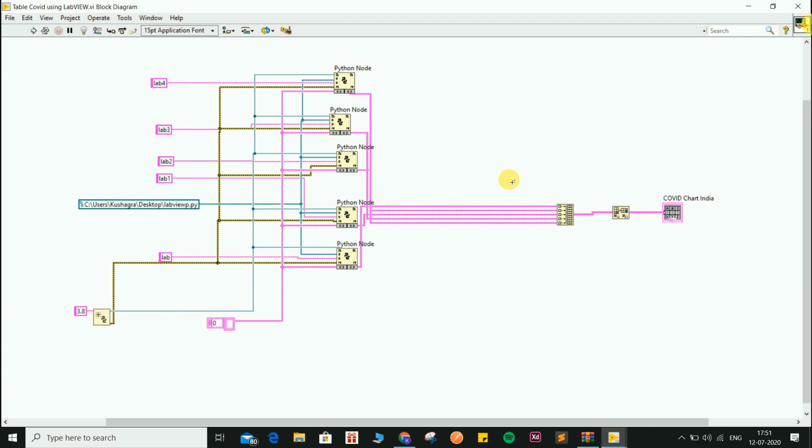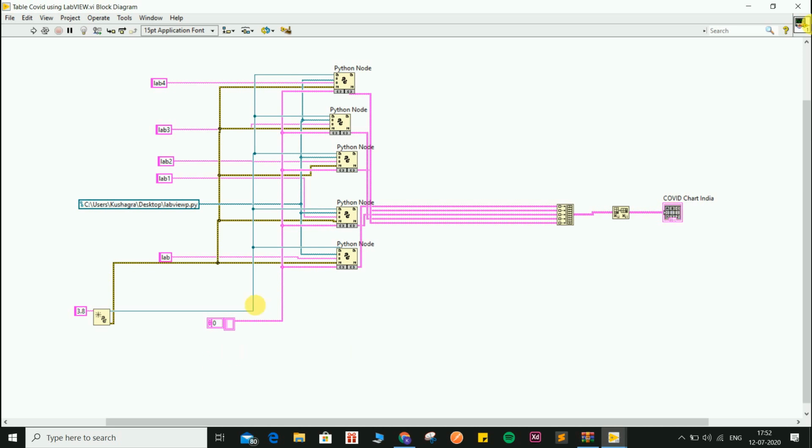Here is a simple program and you can see I'm calling a Python script named labviewp.py, and these are the functions which are being called, and we are using the Python node. Then we are using the build array function, and the build array function transforms the data into a concatenated array, and we are then feeding this data to a table.